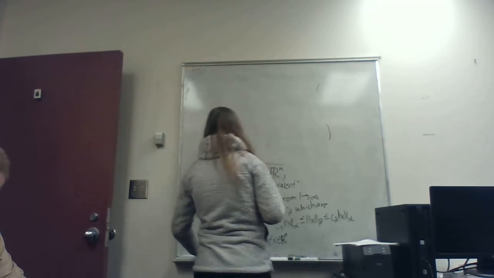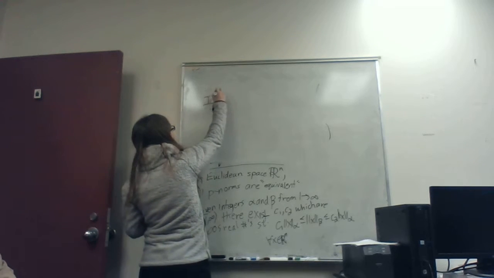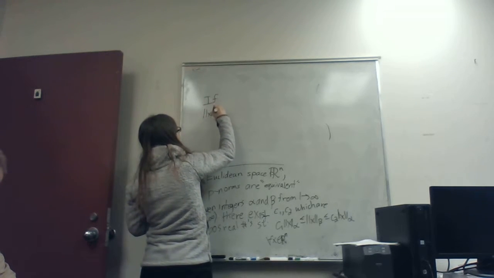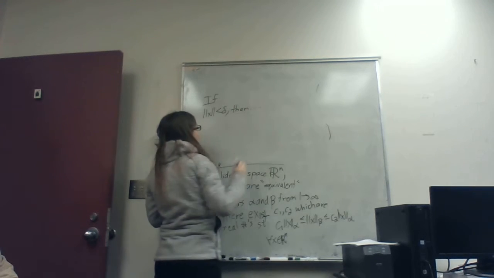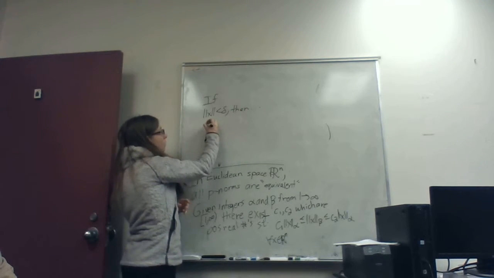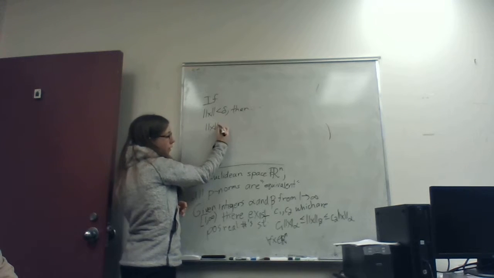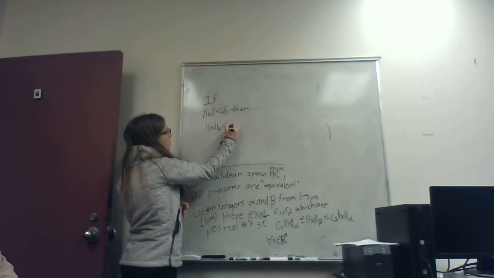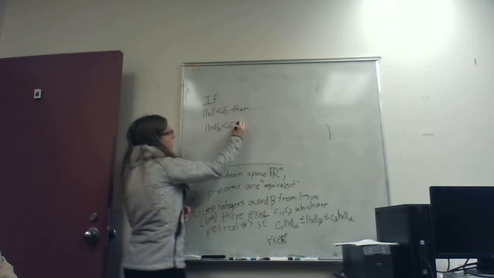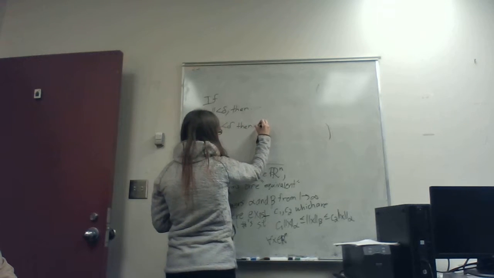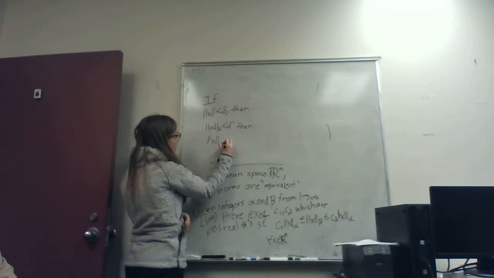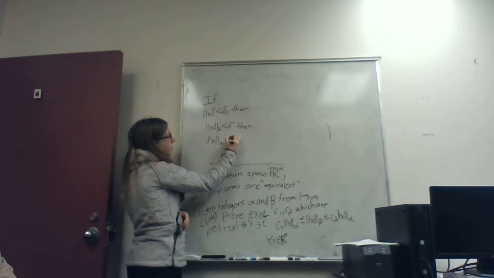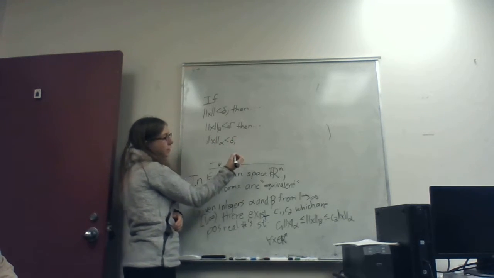So pretend that I have a statement, something like, if the norm of x is less than delta, then da da da da da. So then you could say, oh, okay, let me try that. I'm going to test that with this beta norm. So if the beta norm is less than delta, then the following thing holds. And then you say, oh, okay, but I wanted to use the alpha one. Oh, okay, so you said if the norm of x is less than, now probably you have a different delta,